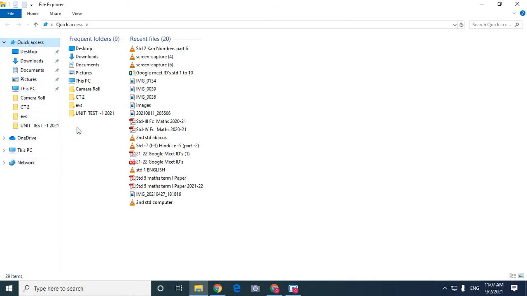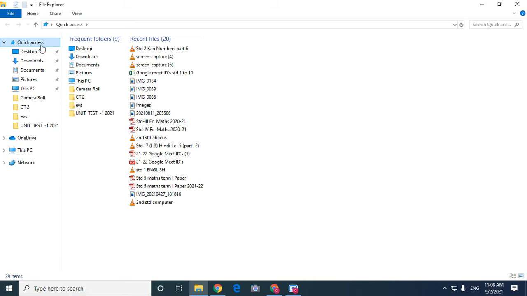This whole part is called the quick access view. In quick access, we are able to see desktop, downloads, documents, pictures, this PC, camera, OneDrive, and network. All this comes under quick access.